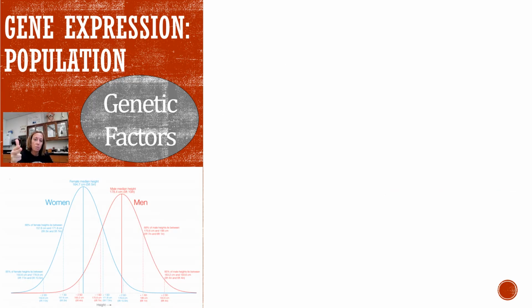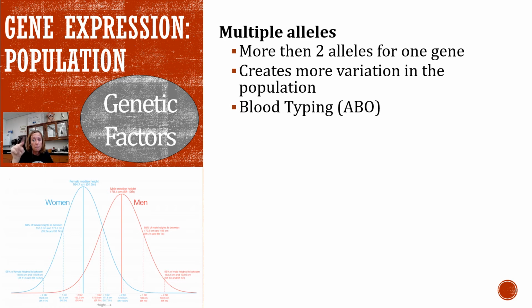Last kind of gene expression, the way genes are expressed, how it influences things. So the population is also influenced by genetic factors of genes. So this one we've talked about. Multiple alleles you learned last year, okay? That is when you have more than 2 alleles for a gene, like blood typing. That's one you always learn about. That's one they always talk about, right? Blood typing is A, B, and O, right? So 3 alleles,